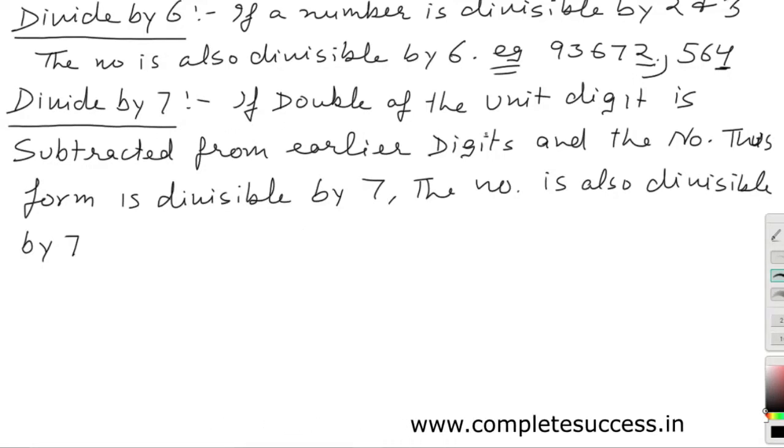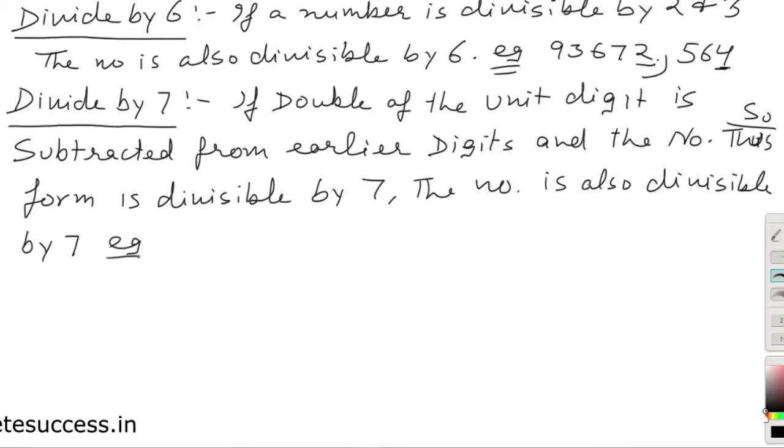If double of the unit digit is subtracted from the earlier digits and the number so formed is divisible by 7, the number is also divisible by 7. We take an example,